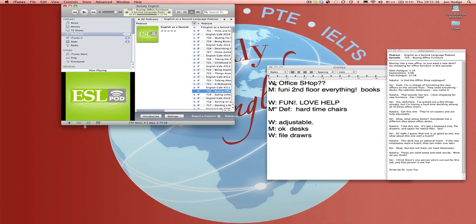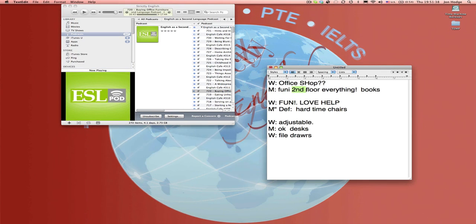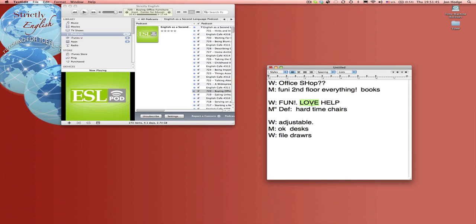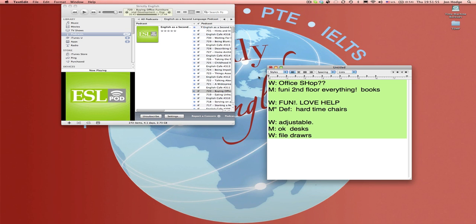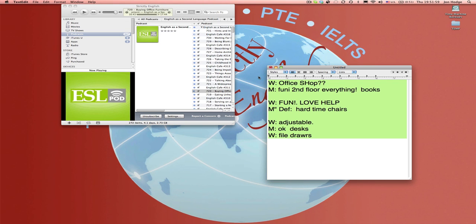You can see it's a little different this time, right? I have second floor. I didn't have that the first time. You'll see that it just says love. It doesn't say love shopping because she was talking faster. Okay, but the idea is it's easier for me to take notes now because I'm a little more familiar with the topic. If you do this every day with a different ESL podcast, you'll find that during the slow dialogue,